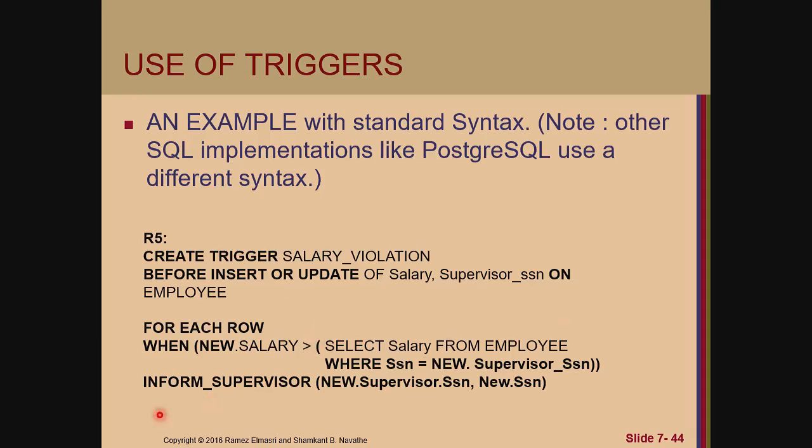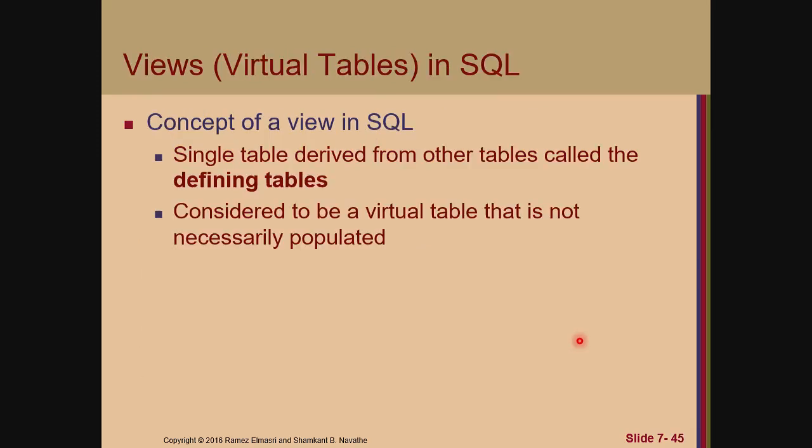But I think actually inform supervisor is one of the functions that we have to write, the other function in details. Okay, just the example that we can create the trigger. And view, this is maybe quite important when we create the table, because we don't want everyone to retrieve everything